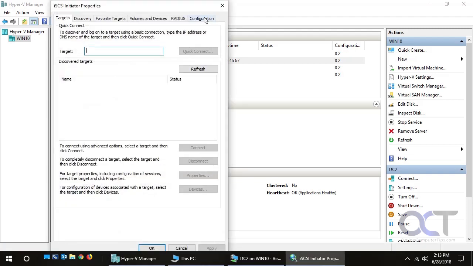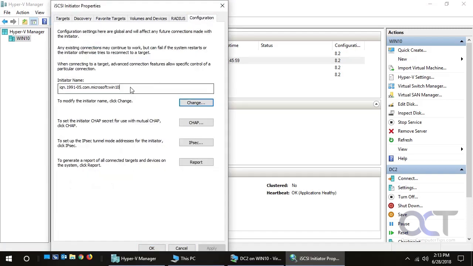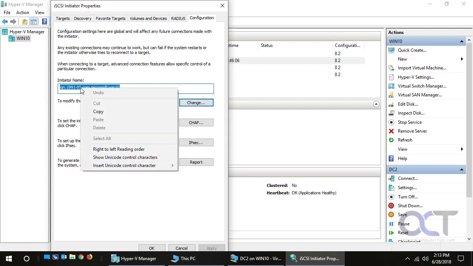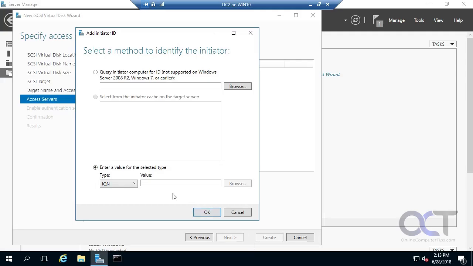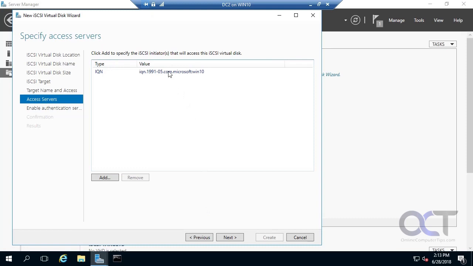Okay, so now we want to go to the Configuration tab, and this is our initiator name for this local computer that we're going to connect to the storage target with. So make sure I got that highlighted out of the way. We're going to copy that, go back into here, and paste it in, and click OK. So now this computer with this IQN is going to be allowed to connect to this storage